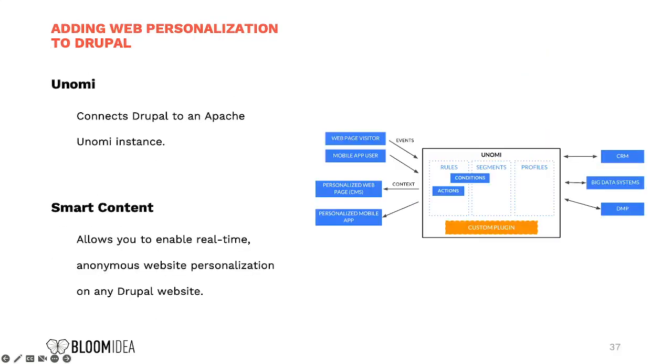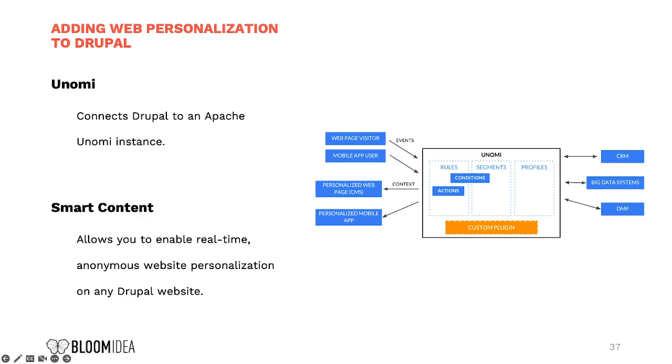This is a more advanced topic, adding web personalization to Drupal. So what is web personalization? It's when I go to a page, I see a different page than the other visitor. If I'm from Portugal, perhaps there's simple things like showing the current time in Portugal and not the current time on the server. Things like that, or just showing a different block because I saw 3 different pages from another user.